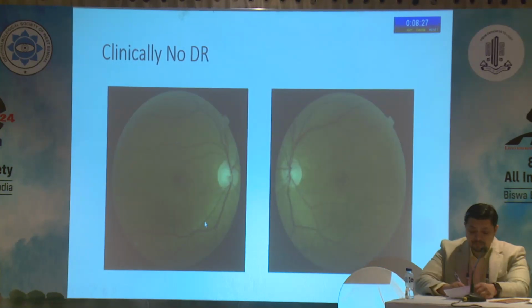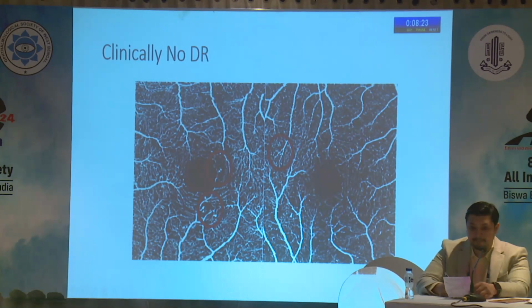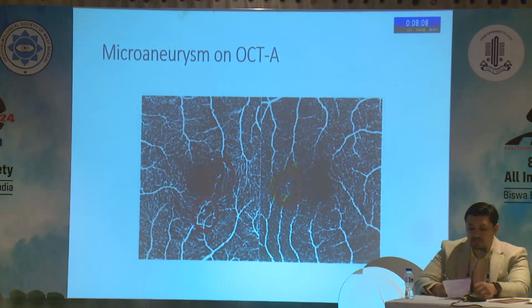You can see clinically it looks neat and clean, there's no diabetic retinopathy, but once you go on to do OCTA, and this will happen only once you do a high resolution, that is 3x3 image, you will not see them on 6x6 or 8x8 slabs. So you go on to 3x3 and you will see some of these microaneurysms are visible even in eyes without